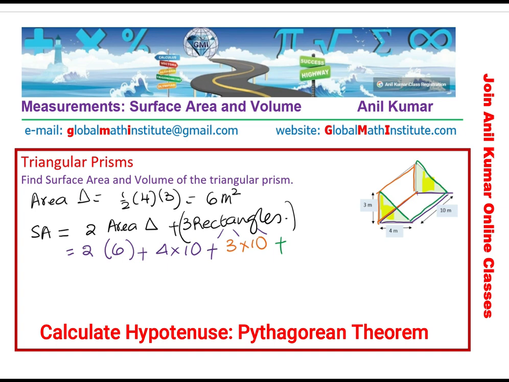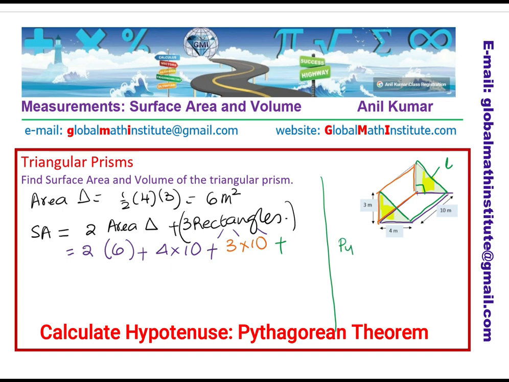Now here one of the dimensions is missing. You don't know the hypotenuse of this right angle triangle. So we need to figure out something, correct? So let's find what should be this length of this triangle. We'll use the Pythagorean theorem to find this length. So let us do it on this side. So using the Pythagorean theorem,